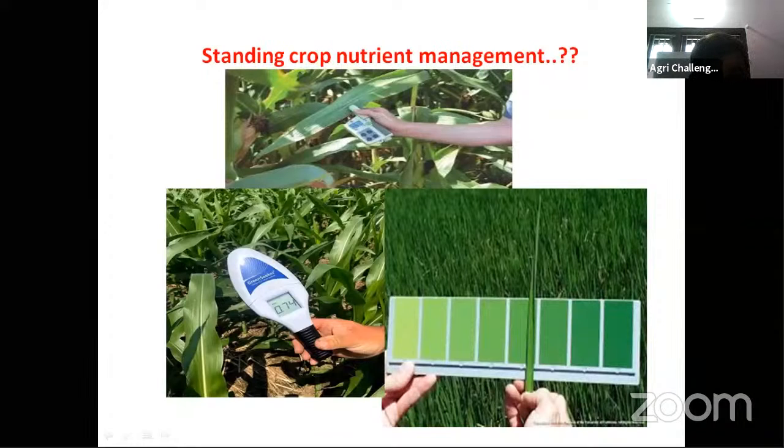But how will we determine when that plant requires it? Based on experiments and research, they have finalized it. This is the stage, the knee-height stage in maize, then the tasseling stage in maize, that requires the second dose or third dose of nutrient. But is it uniform for every soil, all types of soils in maize crop, in all locations? No. That is a generalized principle. If you take maize crop, you have to apply it at the time of sowing.